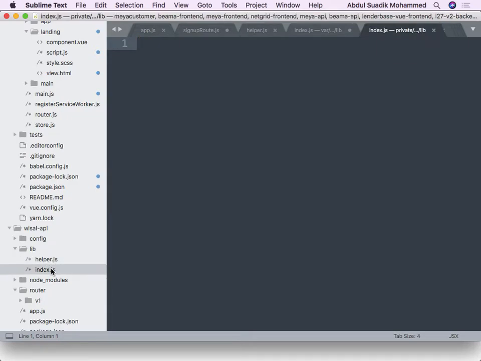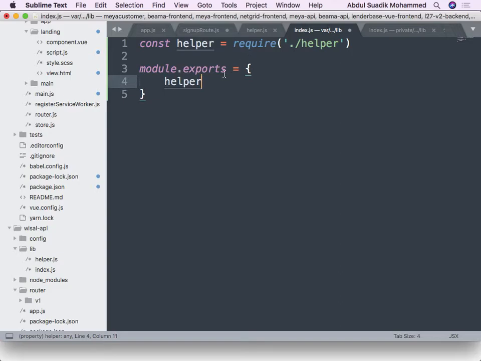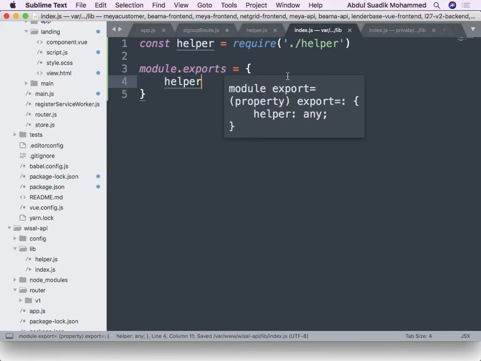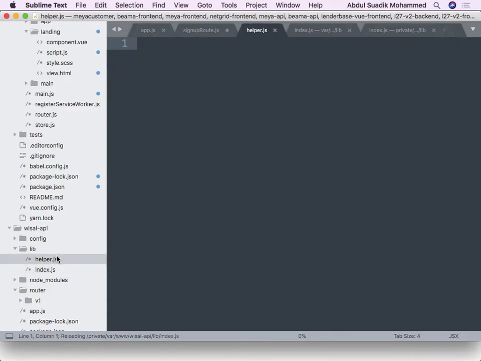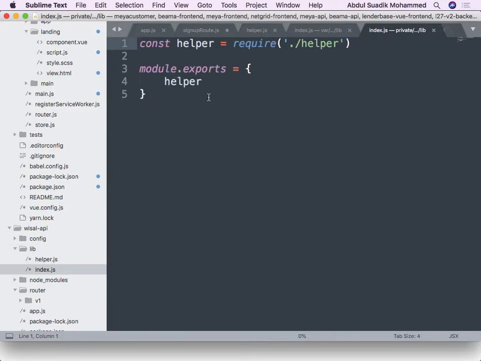Let me see, where was I writing those things? I was doing it inside the lib, right? Inside the lib, is it the index or the helper? Okay, I didn't save it. So when I come here, the helper, there's nothing in there, right? But if you come here, there's something here. So what I'm coming to do here now is